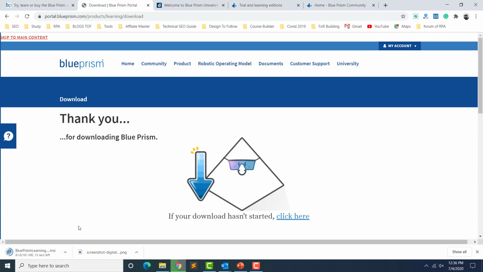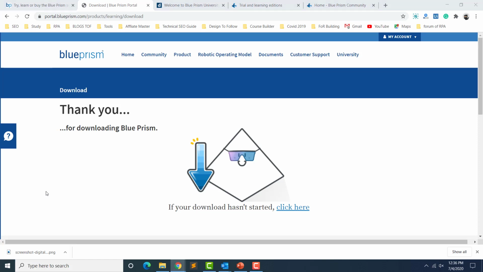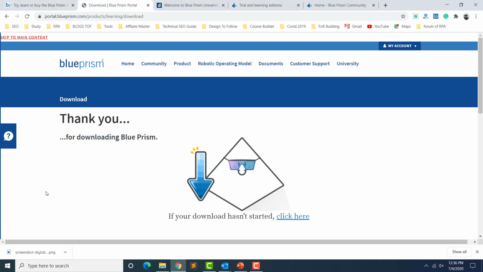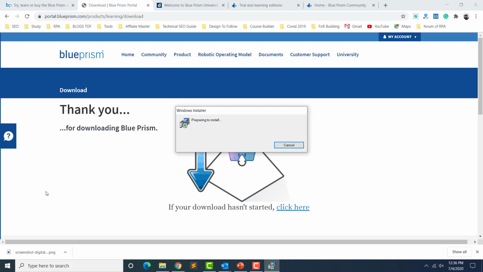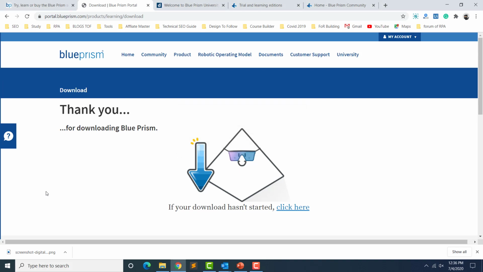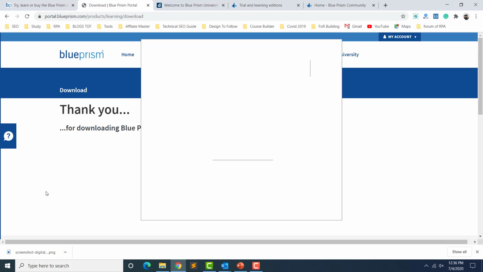Once it gets downloaded, we'll start installing this and we'll configure the software license that we received by email, right? Okay, so here it got downloaded. Let me click on this. It will open the standard installer, which is the Windows installer, right? Okay, and then you need to click